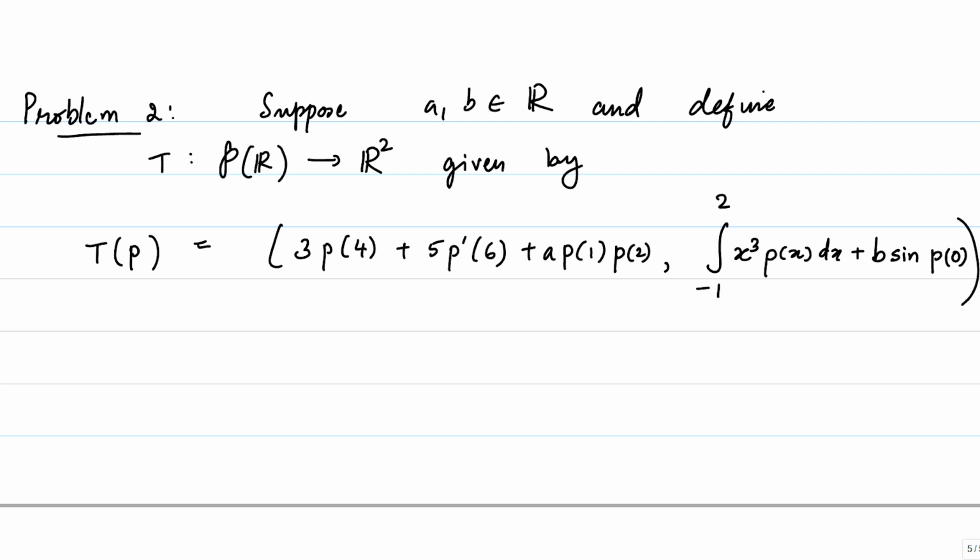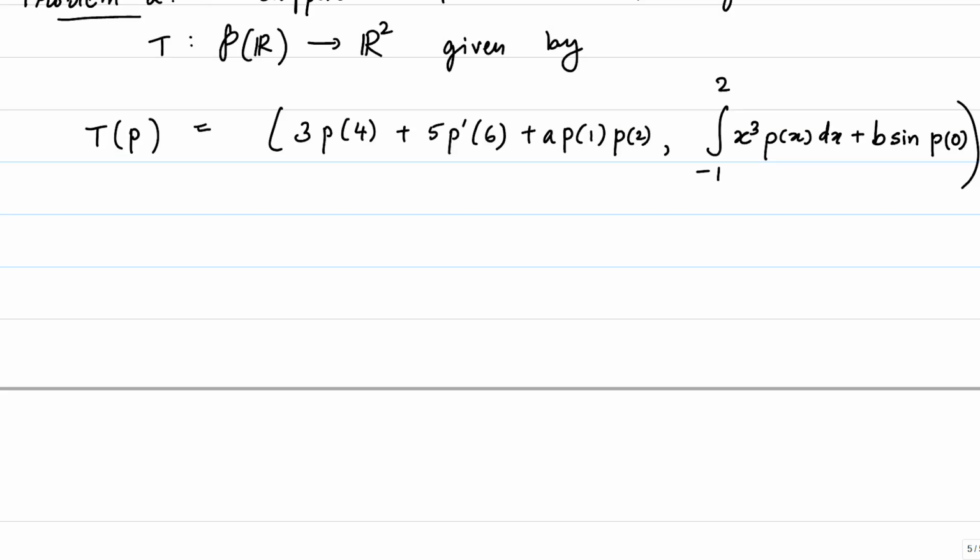So notice that whatever I have just underlined is a real number. If you look at all the products and sums, it's just going to give us back some real number. Similarly, this will also turn out to be a real number. So indeed, this is a map from P of R into R2. Now the question is, is this particular map T a linear transformation? The problem is to prove that